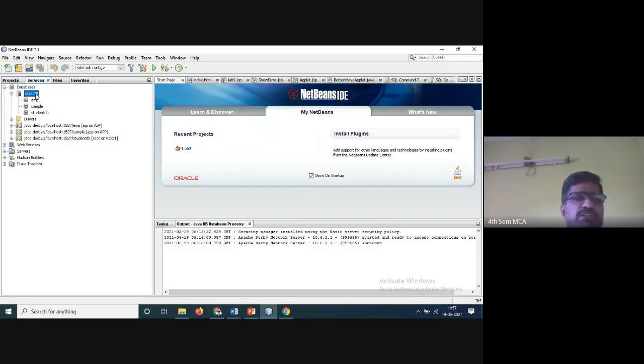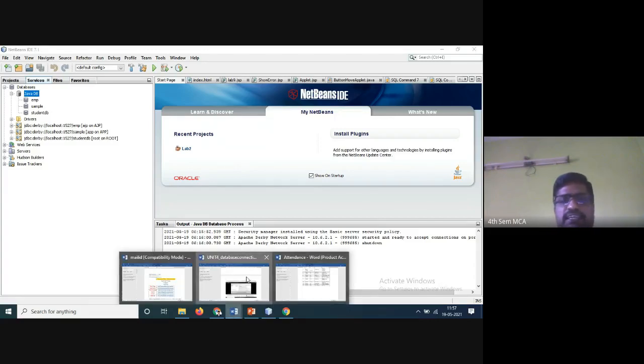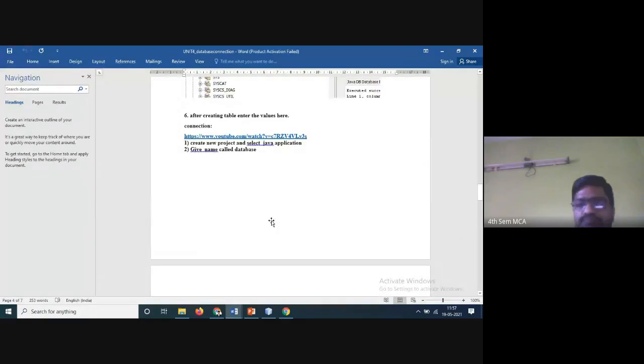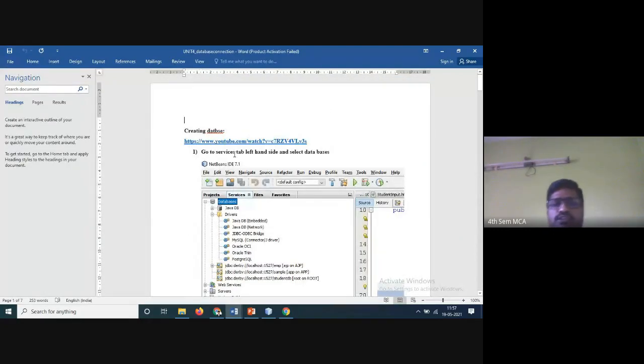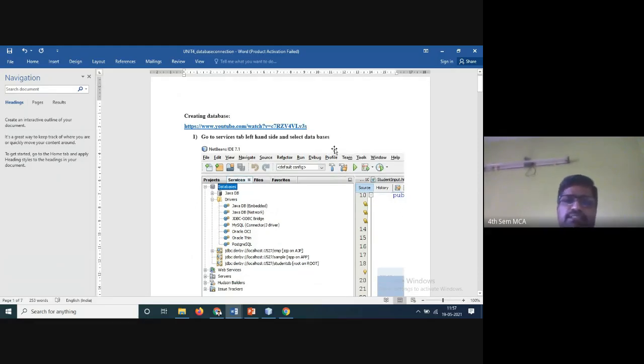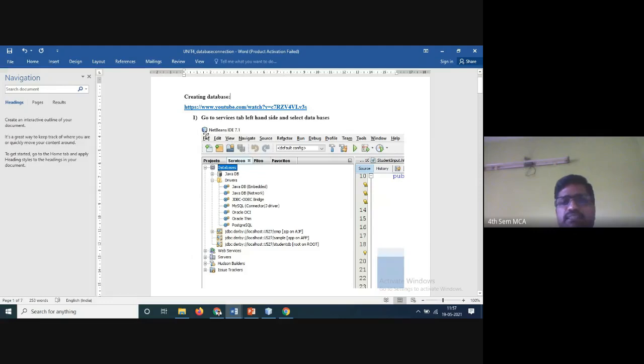Now what you have to do is create the table. I made the steps here, just to see it here. Creating the database: go to the services tab, left hand side, and select the database.